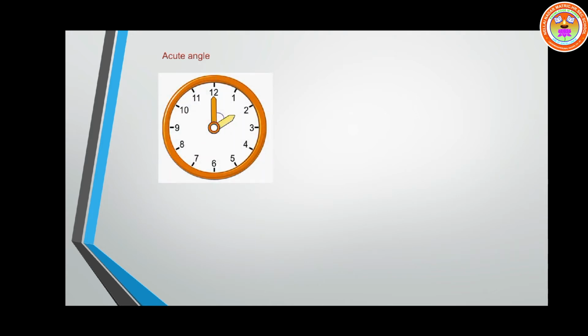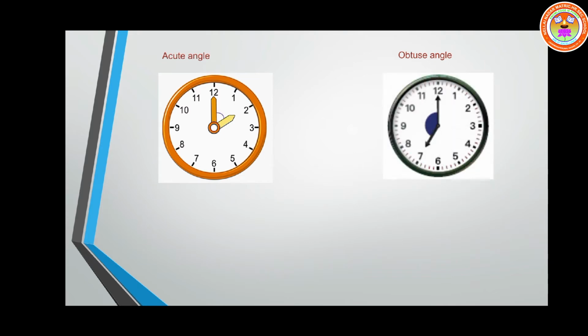Now we are moving on to, what is the angle? Acute angle. Very good. Acute angle is formed when the time is 2. This is an example, it can be any time. You know that acute angle is greater than 0 degrees and less than 90 degrees. So when the time is 2 o'clock, you can say it is an example of an acute angle. Next, obtuse angle is formed when the time is 7. That is when the angle is more than 90 and less than 180 degrees.